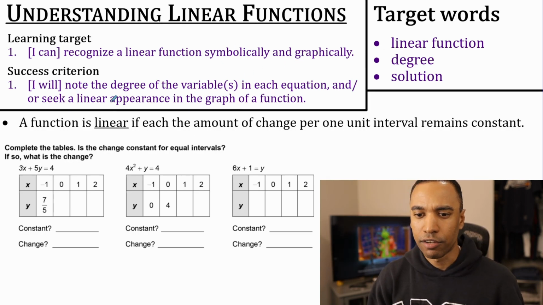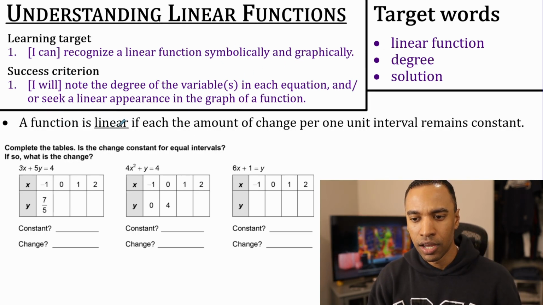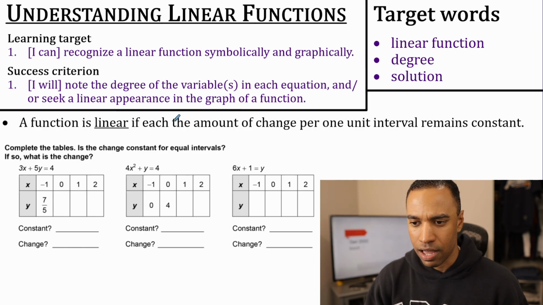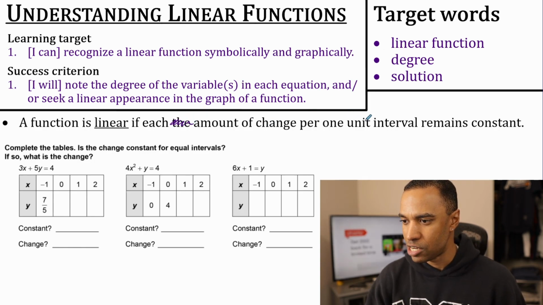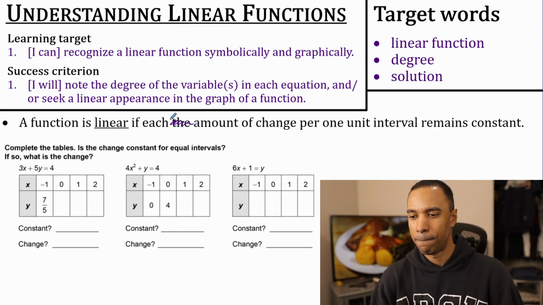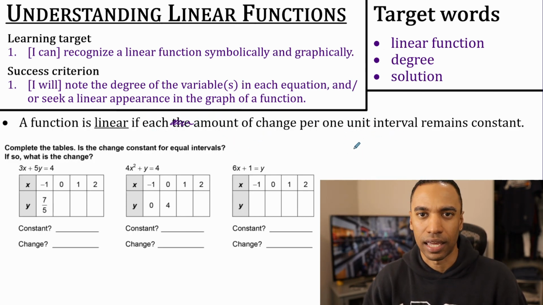All right, another symbolic form of finding out if a function's linear. A function's linear if each amount of change per 1 unit interval remains constant. What the heck did I just say? We're going to see this thing again later, but